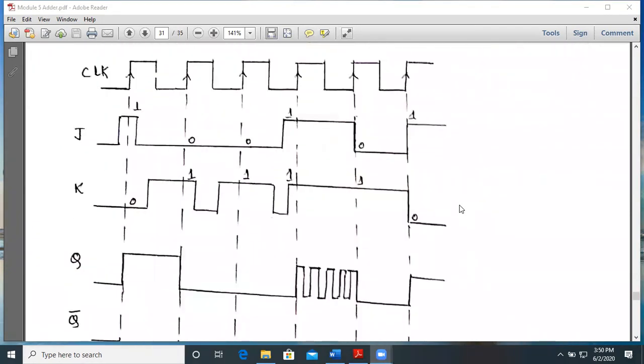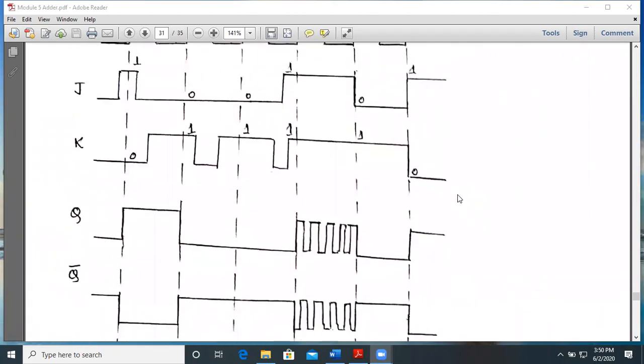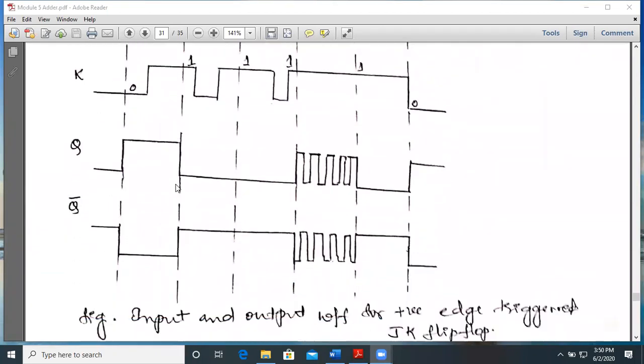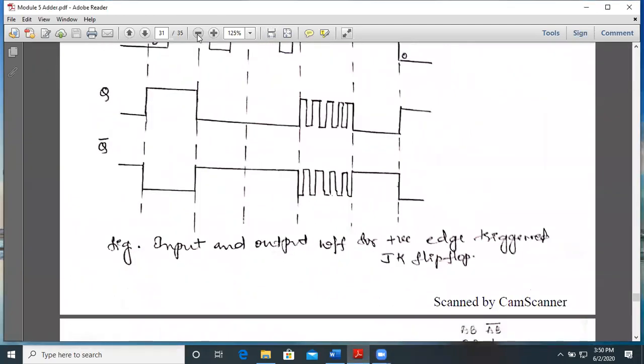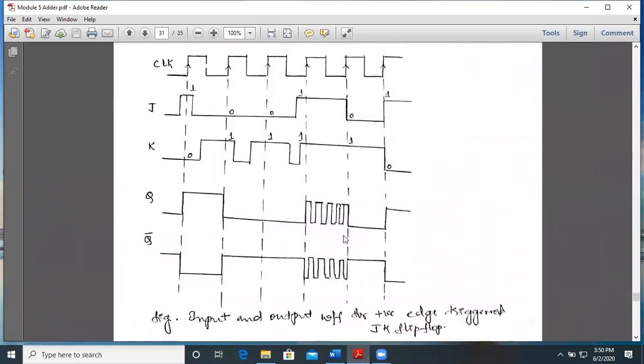With this JK flip-flop, you could understand it better with these waveforms. So now let us see how we could understand it better. Here are the clock signals that are being shown over here. This is the J input and this is the K input. At this particular instant of the clock signal, the flip-flop outputs are going to change. This is called the rising edge, as I have already mentioned. So during this rising edge, it will look at what the inputs J and K are.